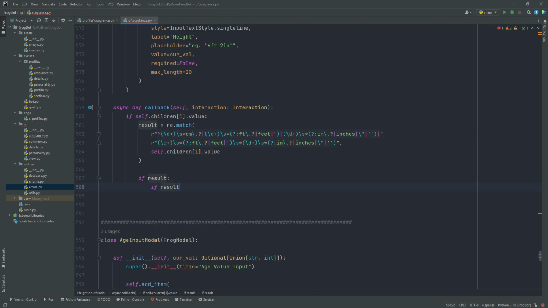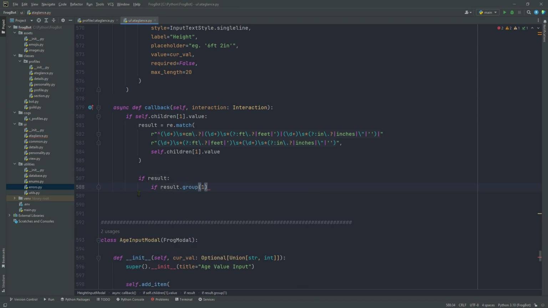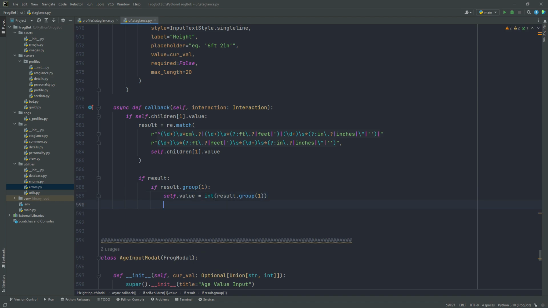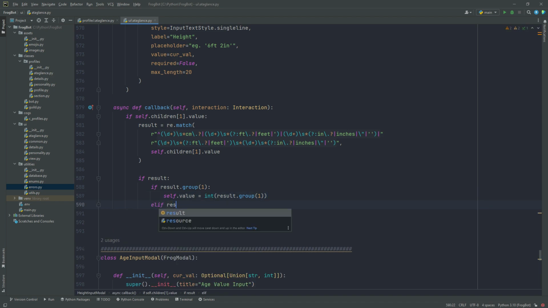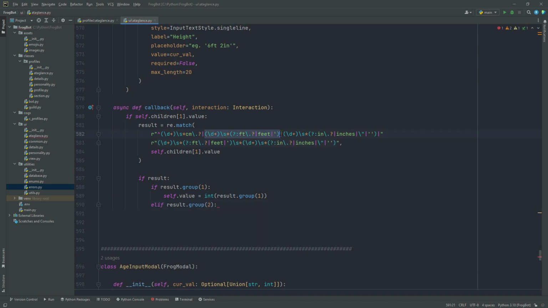So if result dot group 1, because result groups are 1 indexed, not 0. Keep that in mind. If it's centimeters, we can just directly set the value. So self.value equals the integer, because this returns a string, the integer of result.group 1. Okay, cool, that was easy. All the rest are going to be this easy, right? More or less. So let's say elif result.group 2. Okay, so what's group 2? Group 2 is just feet. So if it's a round number of feet,